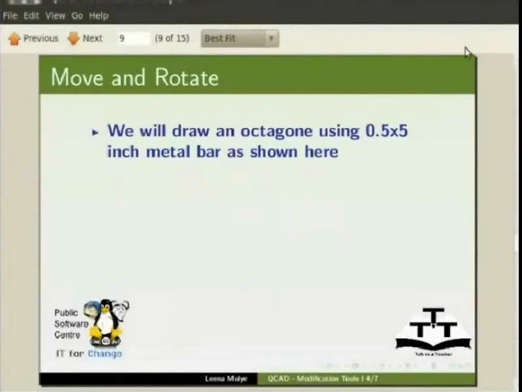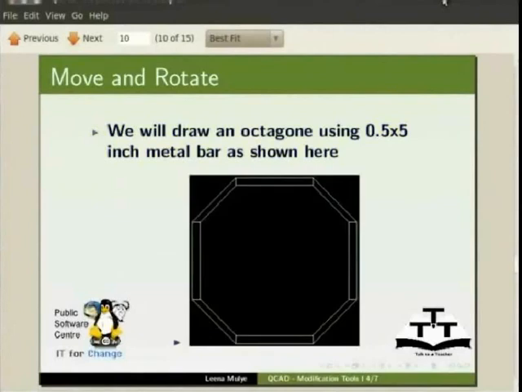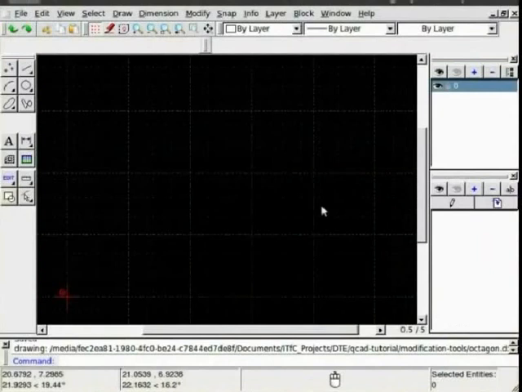We will now see how to use move and rotate tools. For this, we'll draw an octagon using a 0.5 by 5 inch metal bar as shown in this figure. Let's go to the application. To draw this octagon, first we'll draw the first part, which is a rectangle of 0.5 by